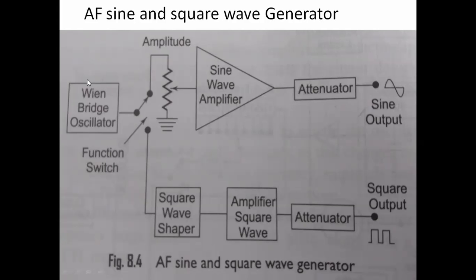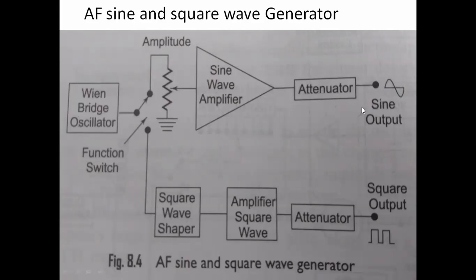The output of the Wien bridge oscillator is connected to the sine wave amplifier. The sine wave amplifier will amplify this generated signal, and it will be connected to the attenuator. By this attenuator we can adjust the amplitude range,